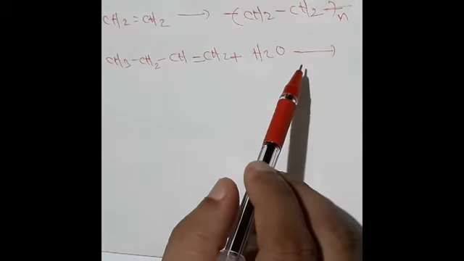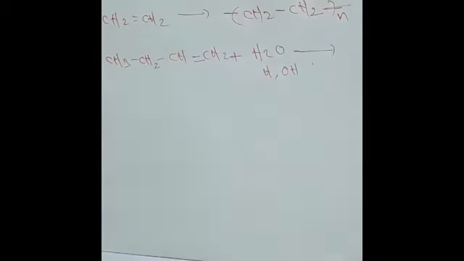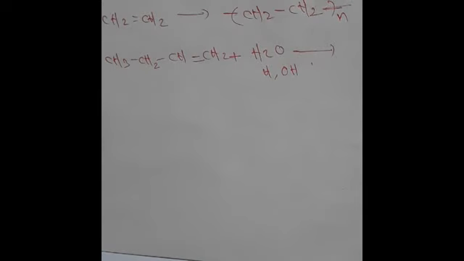Here, H2O means hydrogen and OH. Generally you understand, when alkene reacts with steam, alcohol will be the product. Butene reacted with steam gives butanol. Ethene reacted with steam gives ethanol. Propene reacted with steam gives propanol. And this chemical reaction takes place in the presence of phosphoric acid at 60 degrees Celsius. Understand these things.